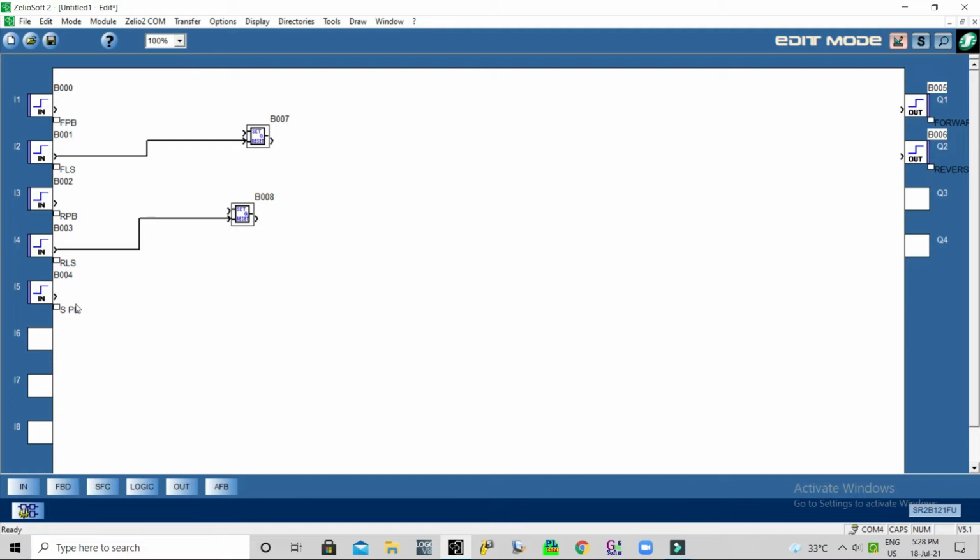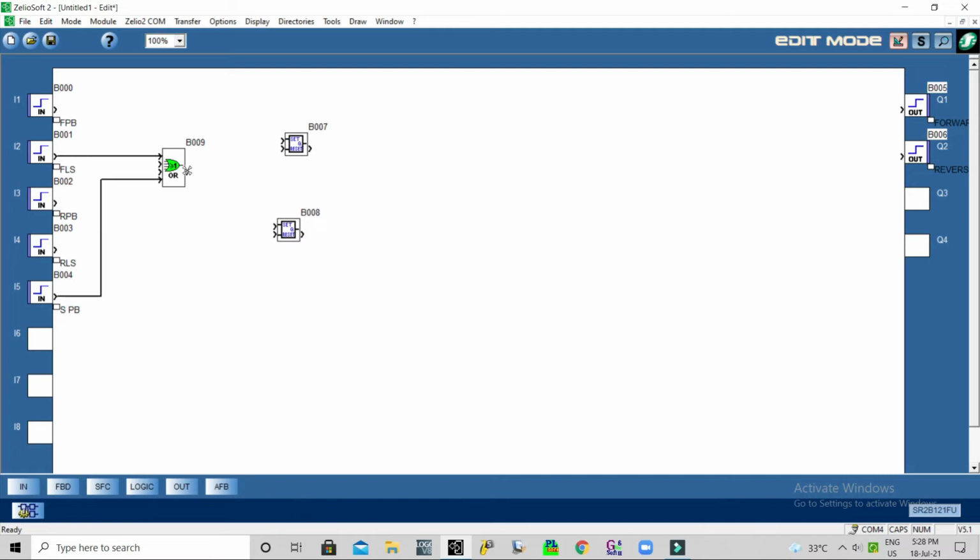Now we have the stop button. We have to connect the stop button also. So we will provide an OR gate for limit switch and push button. If either one is activated, it will deactivate the block or operation.